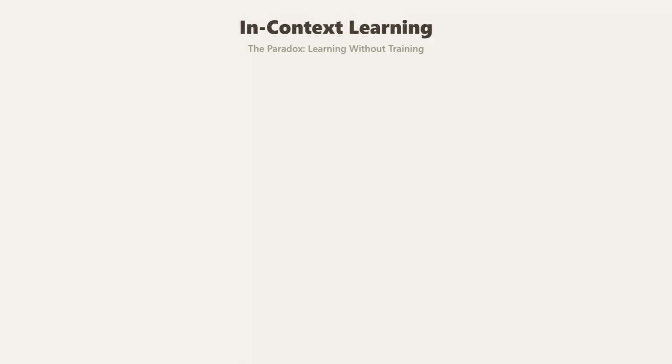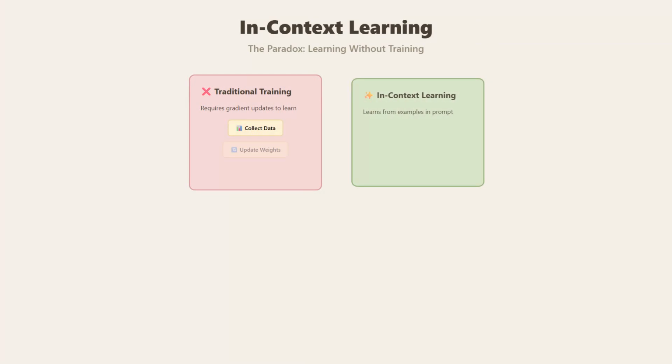Today, we're going to discuss one of the most fascinating phenomena in modern AI, in-context learning. Here's something that might surprise you. Traditional machine learning requires you to update a model's weights through backpropagation over many iterations, but transformers can do something remarkable. They can learn new tasks just by reading a few examples in their input, without any weight updates at